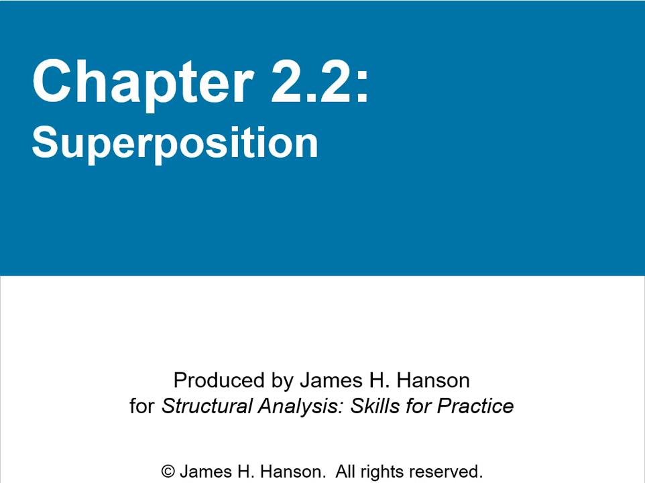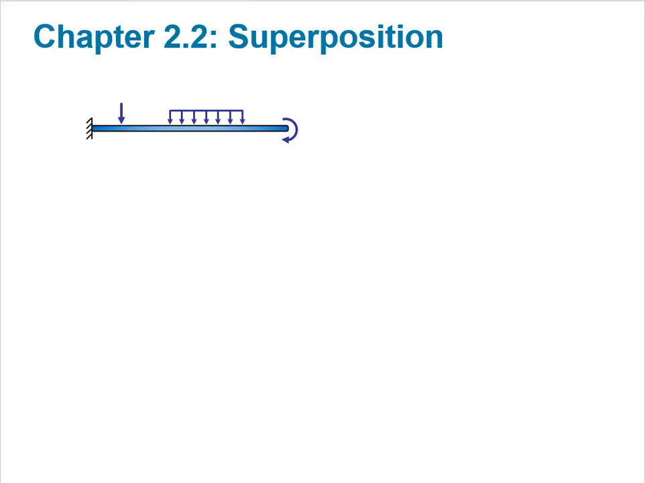Predicting results of complex loading can be a real challenge. But if we consider one load at a time, often the structure is much easier to analyze. Under common conditions, the effect of complex loading is the same as adding up the effects of each load considered separately. For example, the effects of this loading are the same as considering the effect of just the point load,